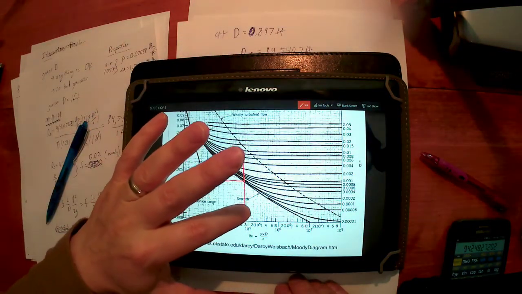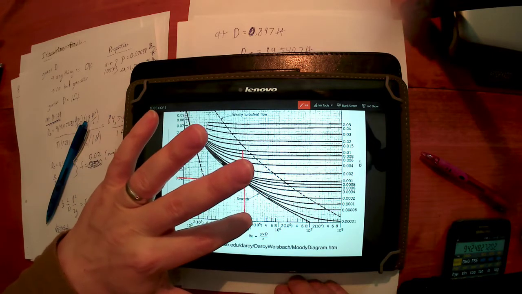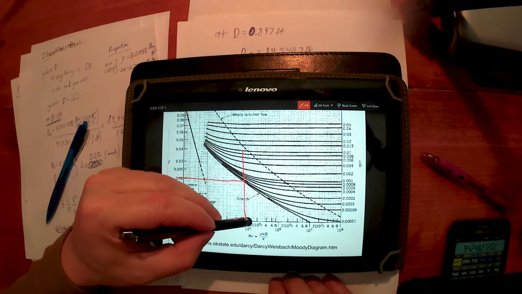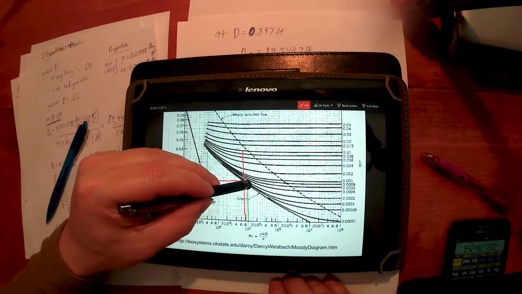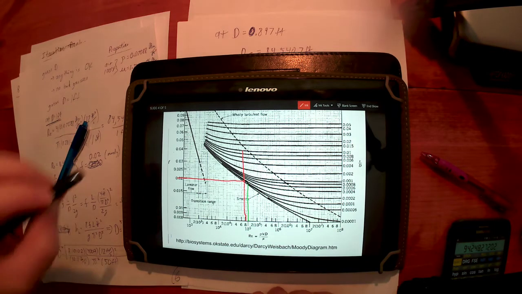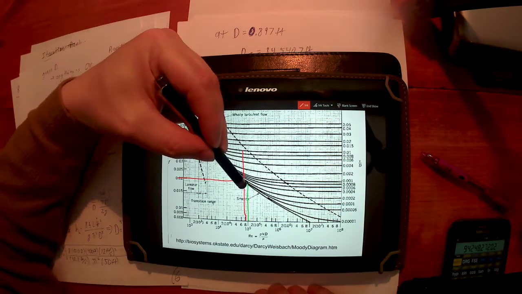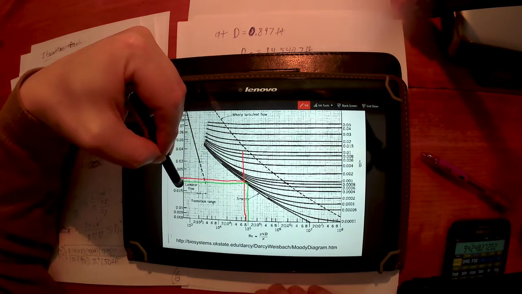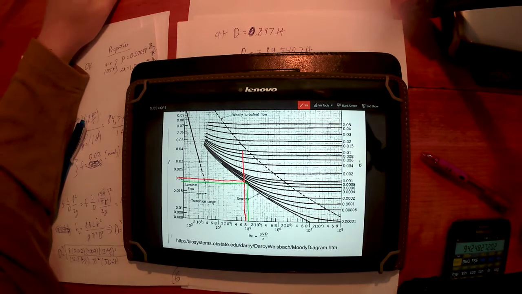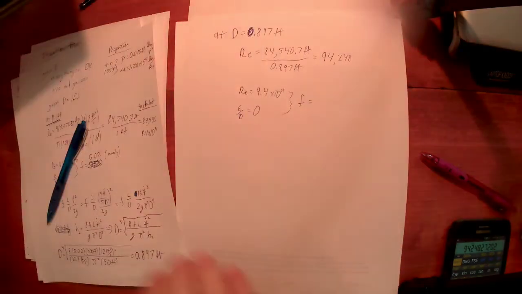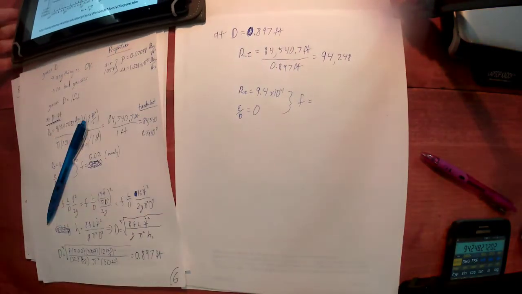My Reynolds number now is not going to change much. We're real close to about there. All right, we're real close to this 10 to the 5. Not quite there, but real close. And so I might be able to move over just a little bit. And I could say my friction factor is going to be just a little less than 0.019. So look on your Moody diagram, see what you get there,